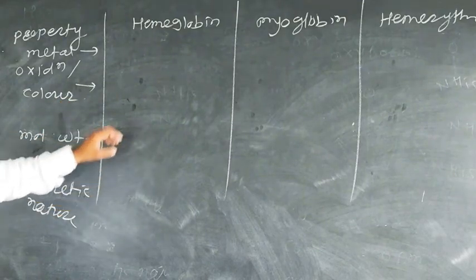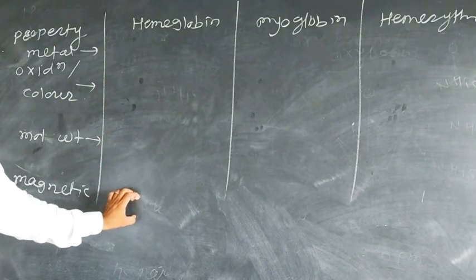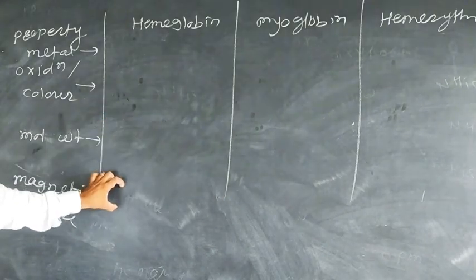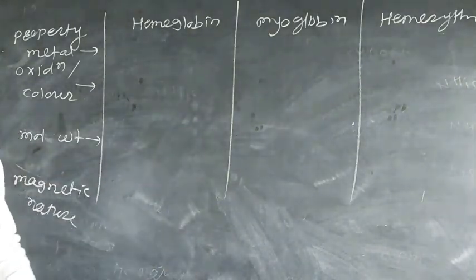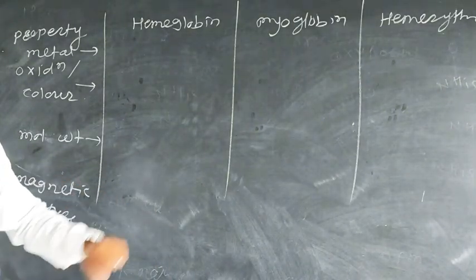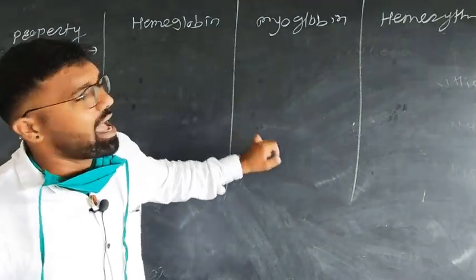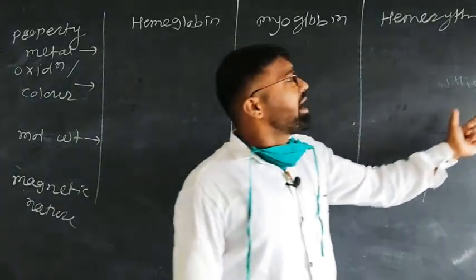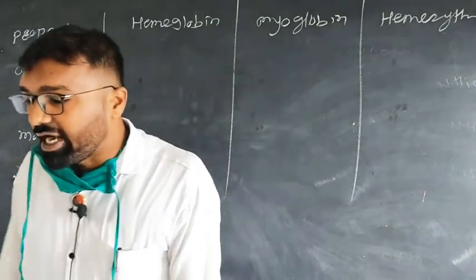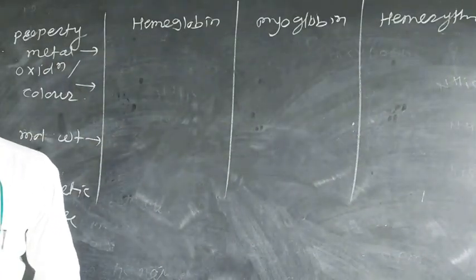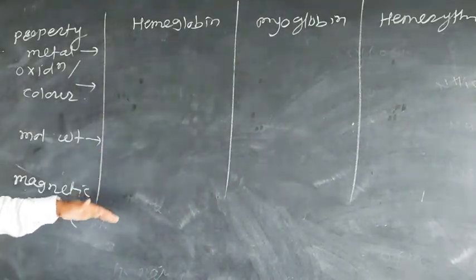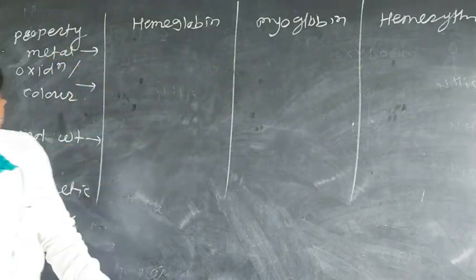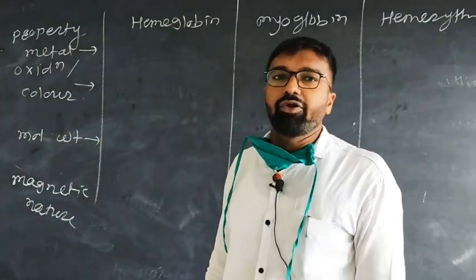What is the magnetic nature? Hemoglobin is paramagnetic in nature. Myoglobin is both para and diamagnetic in nature, because there are 2 oxidation states of iron, right, in the oxy form and deoxy form. Hemerythrin is paramagnetic and antiferromagnetic in nature, while hemocyanin is diamagnetic and antiferromagnetic in nature, right. So comparatively make the chart. It is homework, and you have to submit it. If you feel any problem, ask me, as I already stated to you.